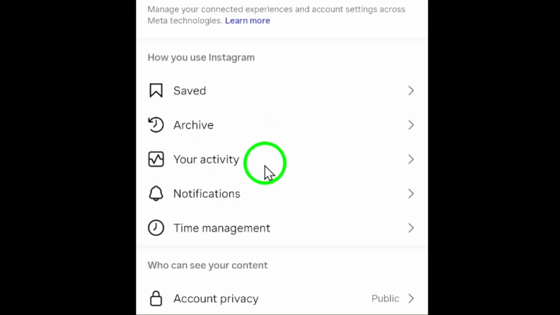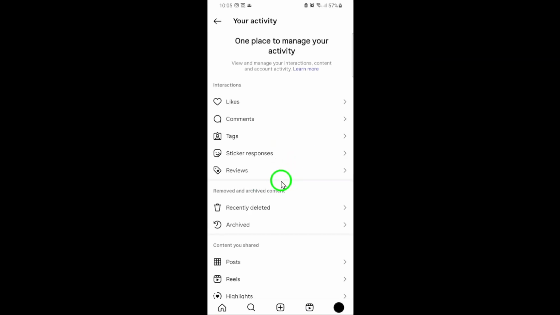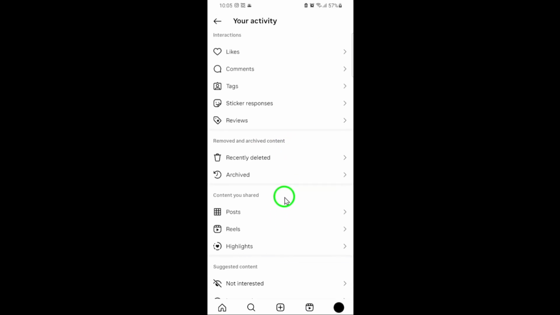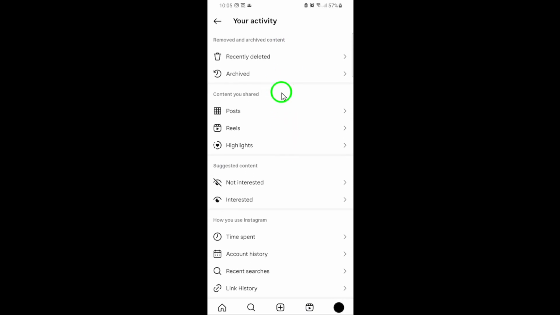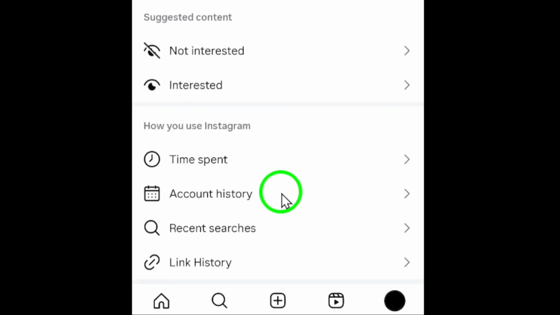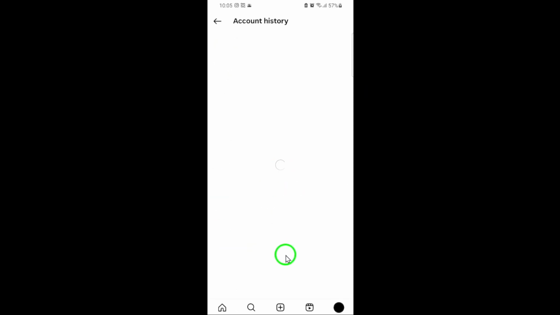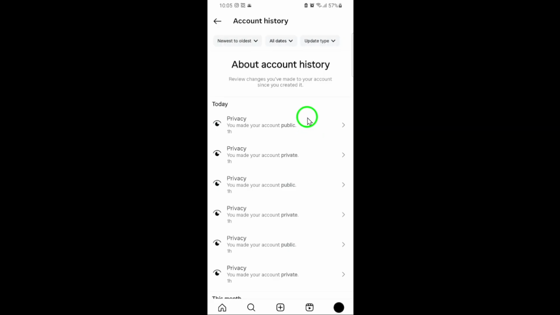This section is where Instagram stores a detailed log of your account actions, giving you insight into what's been happening with your profile over time. Next, tap on Account History. Here, you'll find a timeline of important changes made to your account, including password changes, username updates, and most importantly